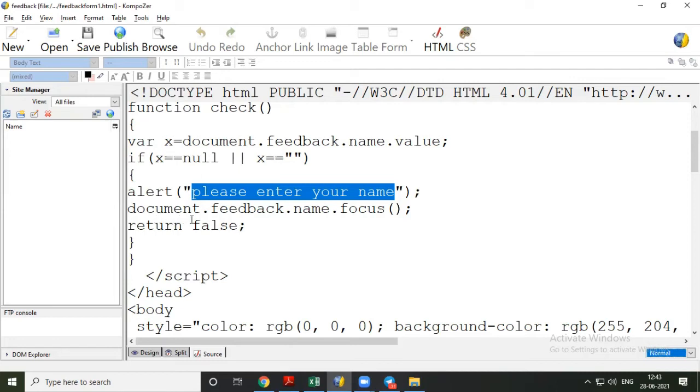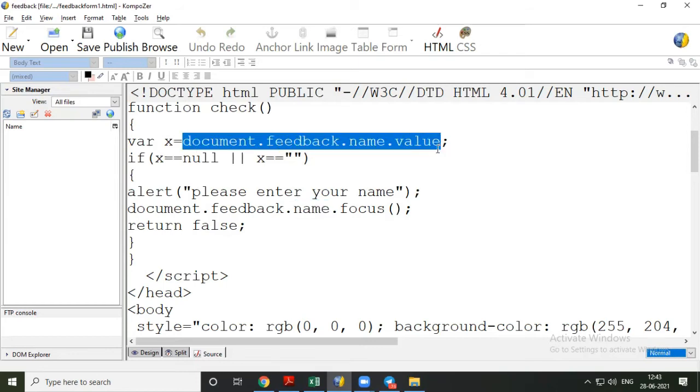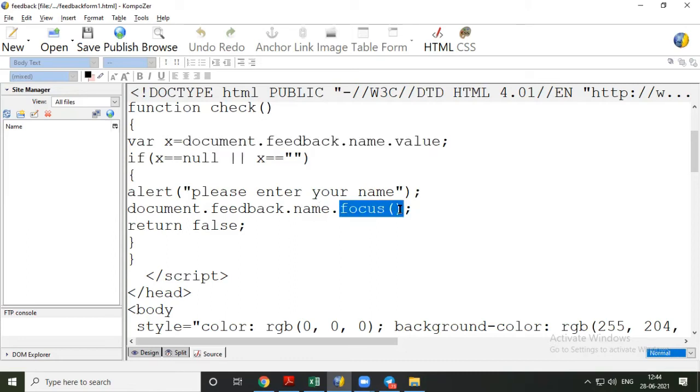Now we want to bring the user's focus, the user's cursor, to the field where he has to do something. So which field is this? Name field. So we are bringing focus to the name field. Using this focus function, the cursor will come to the name field. Again, to give the location, the method is the same: document dot feedback form dot name field, and this is the inbuilt function focus, which brings the cursor in this field.